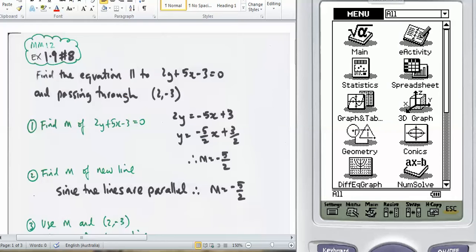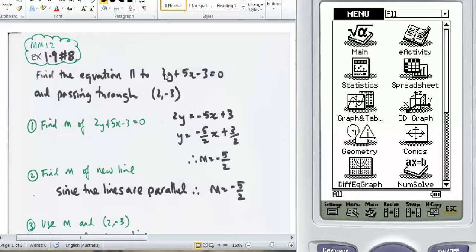This is for Year 11 Methods, and it explains how to complete number 8 out of Exercise 1.9, finding the equation parallel to a line and passing through a particular point. I'll demonstrate how you would work it out by hand, and then also how you would use the ClassPad to solve the problem. Okay, so this is our equation, 2x + 5y - 3 = 0,